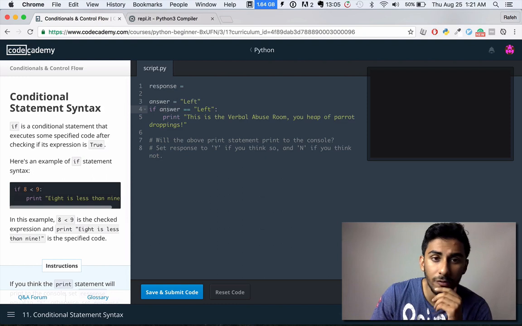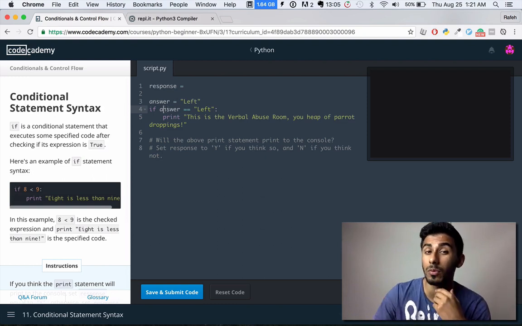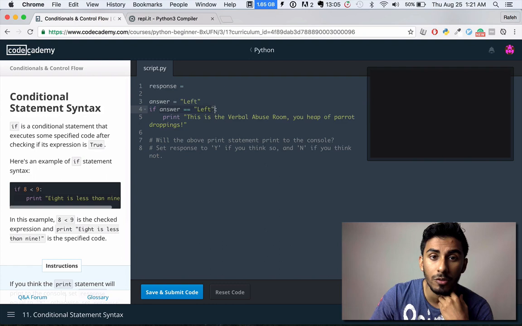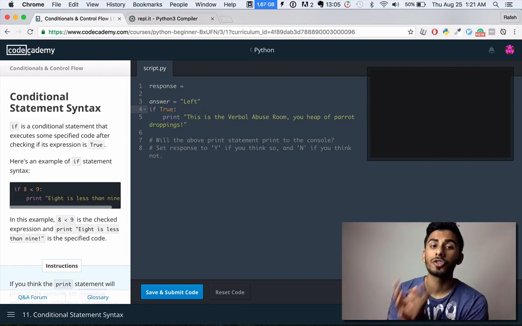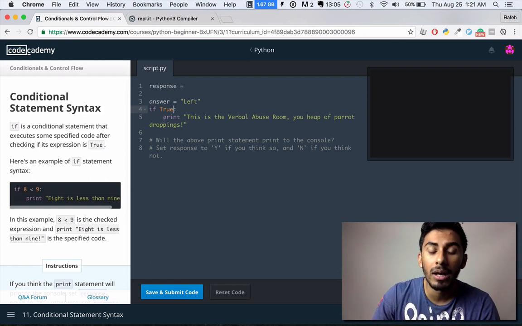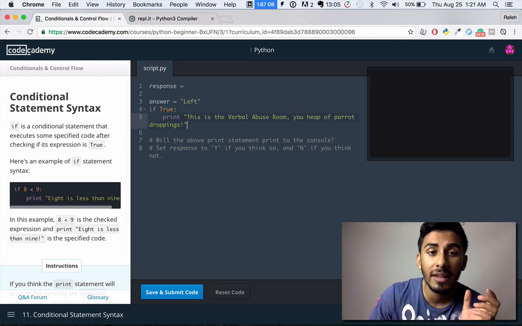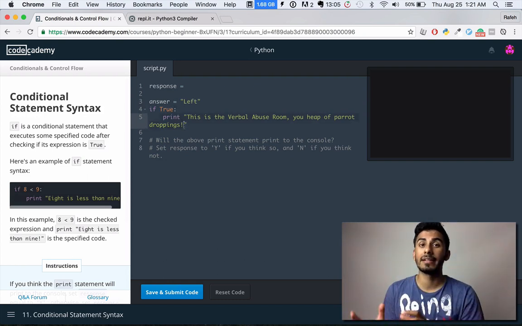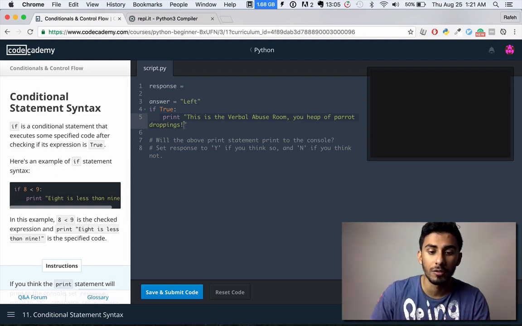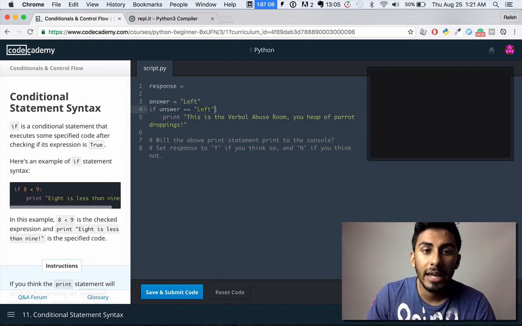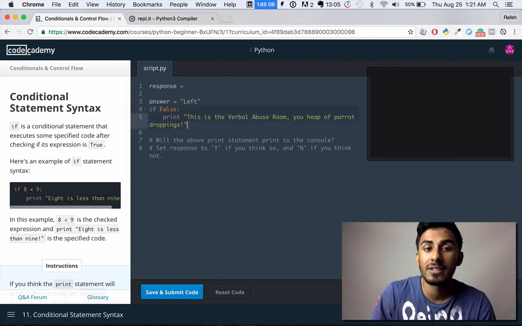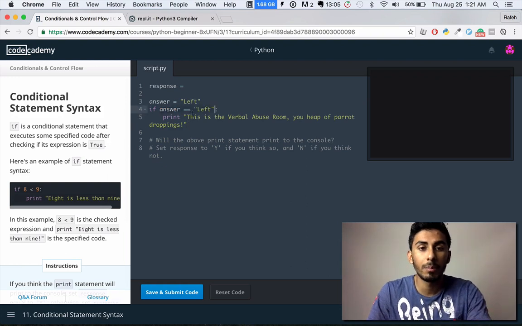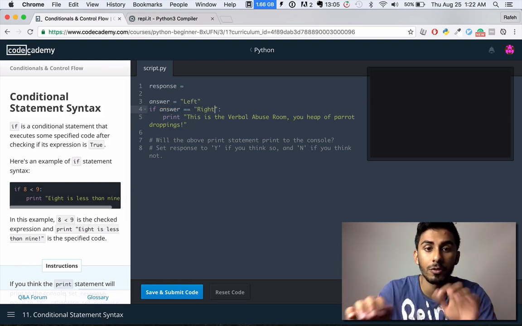And then we came down to line 4 and we're checking, is answer equal to left? Now remember, this whole part is going to turn to true. And anytime an if condition is true, then the block underneath it executes. So in this case, after the colon, we have this block here, print, and that gets executed and that runs. But anytime this situation is false, the block underneath that if statement does not run, okay? So for example, let's say we were checking if answer equals right,